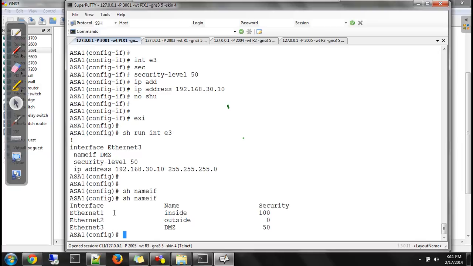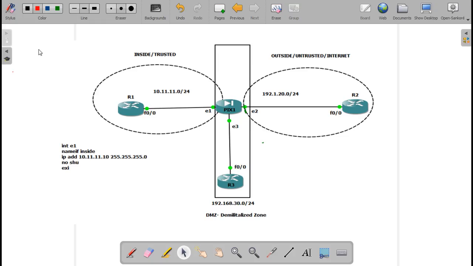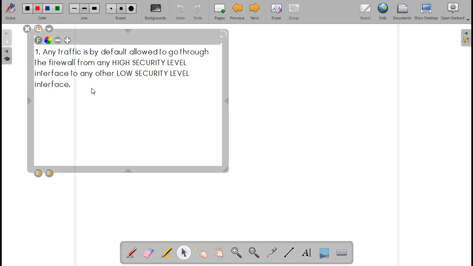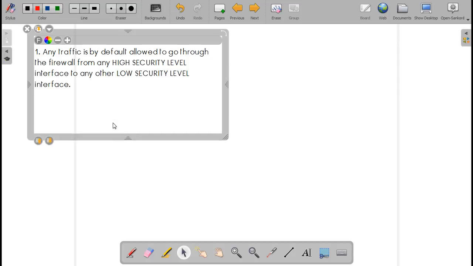So in this case, as per the rule, I'll add a second rule as well.